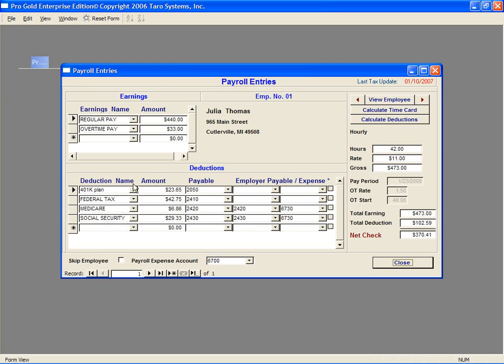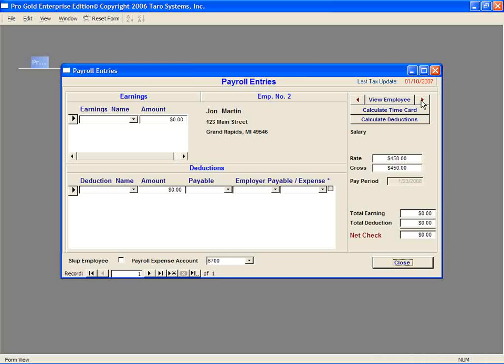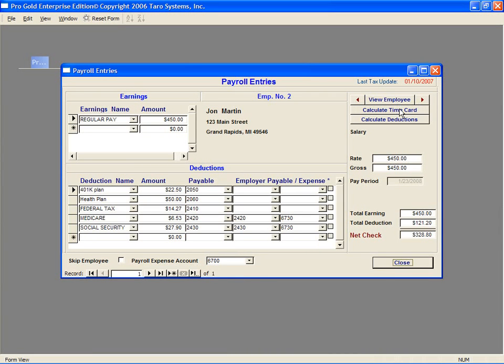To move to the next employee, click on the right red arrow in the upper right corner of the screen. The time card for the next employee will appear and the same steps apply. If you are not creating a payroll for this employee during this pay period, then move on to the next employee. If you accidentally calculated the time card for this employee by mistake, click the Skip Employee option in the lower left corner. Once all the employee time cards are created, click Close in the bottom right corner to return